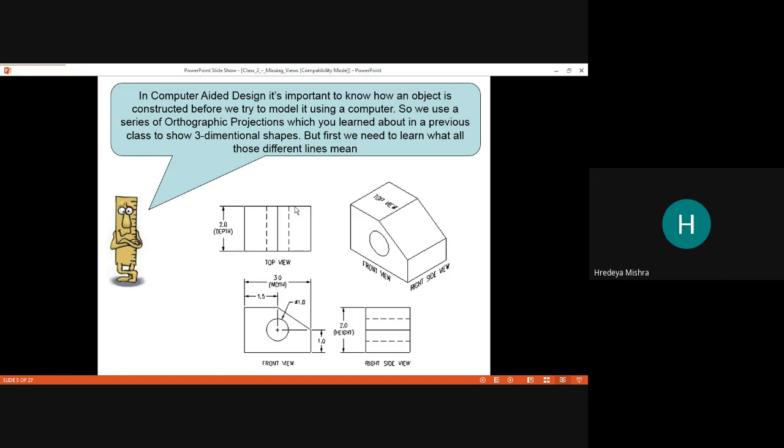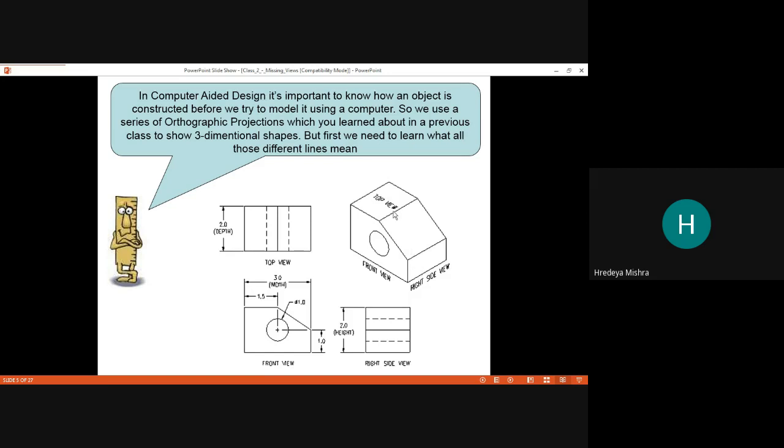But first, we need to learn what all those different lines mean. I already explained all the lines, but Mr. Rupert revised those things here. So this is our object, and from this object what we can see is the top view, the front view, and the right side view.